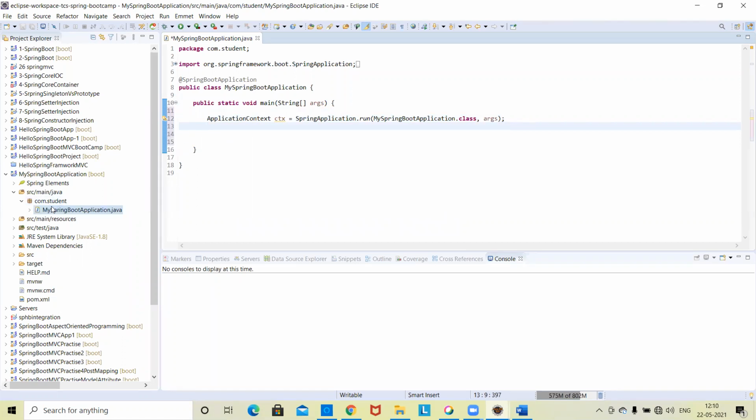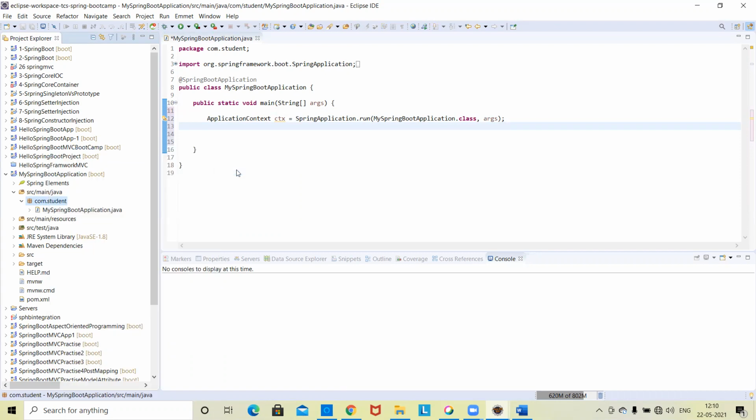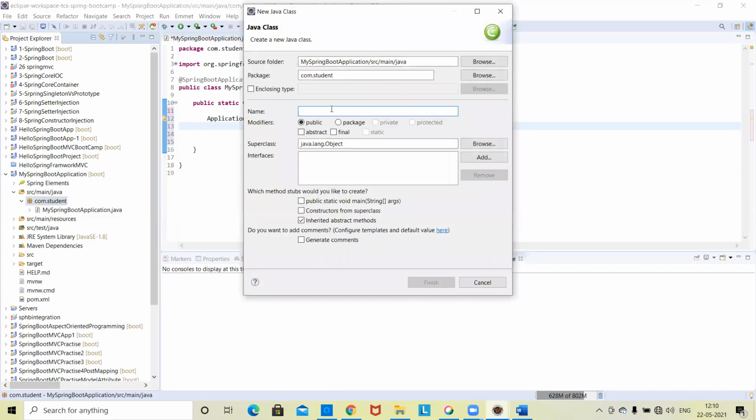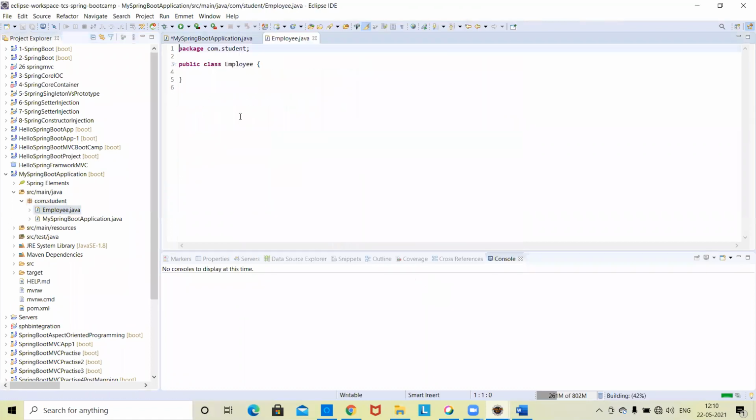You can do. Okay, now create an object. Actually, create another object. You create a class Employee, and you can create at least 2 fields there.